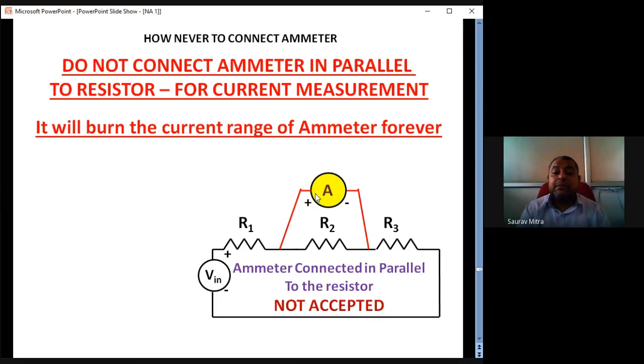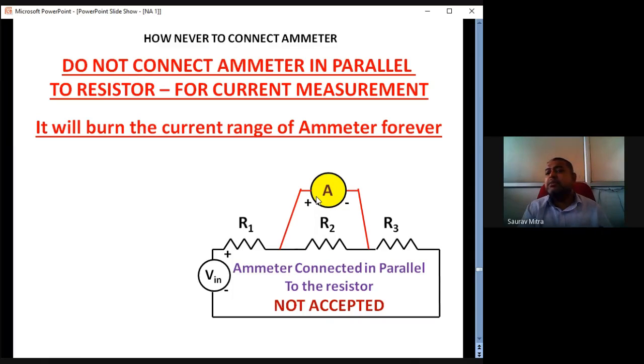So if you are connecting an ammeter by mistake in parallel with R2, what happens is the current comes through R1 and after coming to this point, the current will go up and the whole current will flow through the ammeter. And again it will come and flow through R3. But in that process, whenever a current I is flowing through the ammeter, the ammeter internal resistance is 0. So there is a big current. This big current is flowing through an internal resistance of 0. So here I square R, I square into 0.